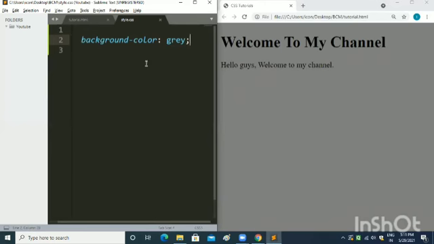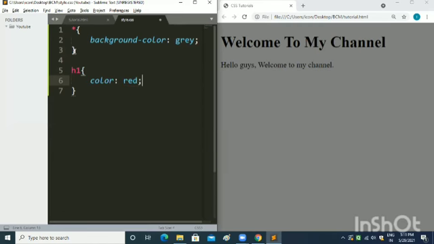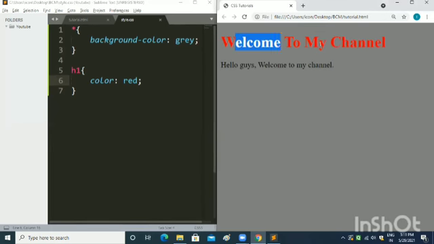You can also give styling to the tags or elements in this file, as I will write an h1 tag, and after that I will give curly brackets, and in it I will write color equals red. So when I save it and refresh the browser, you can see the red color added to the h1 tag.